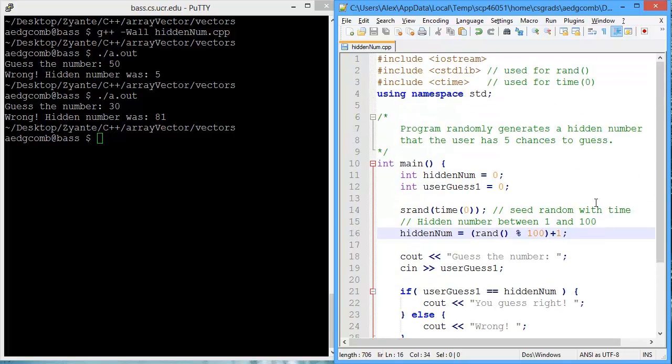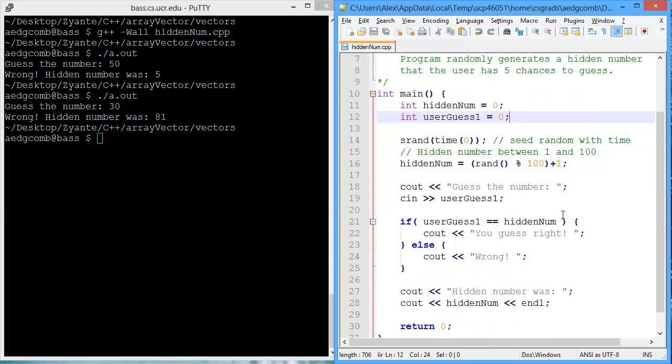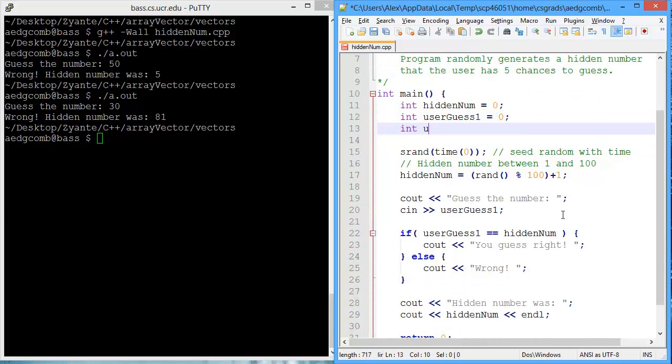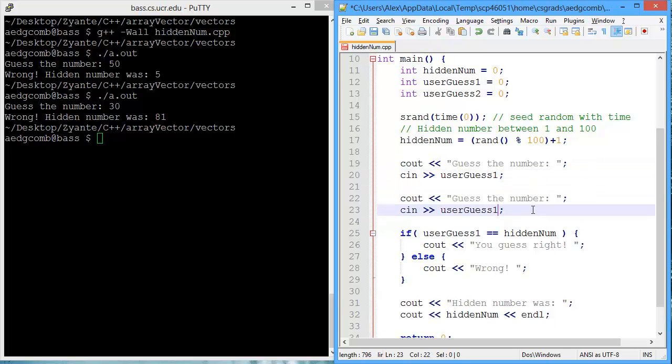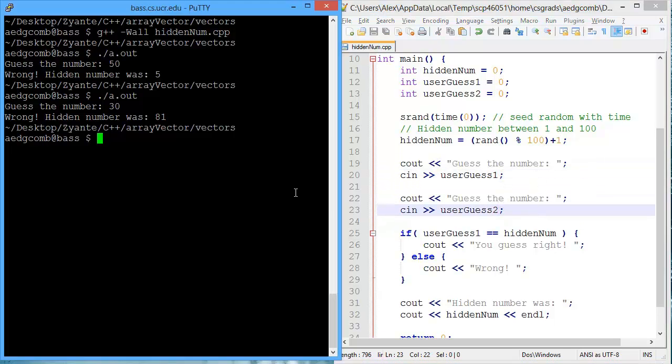What we'd like to do is modify this to give the user 5 guesses. So they have 5 chances to guess the hidden number, not just one as we have now. So one way we could go about doing this is adding in another guess variable. We'll say guess 2, and we can copy, paste, and create a guess number 2. Compile that,